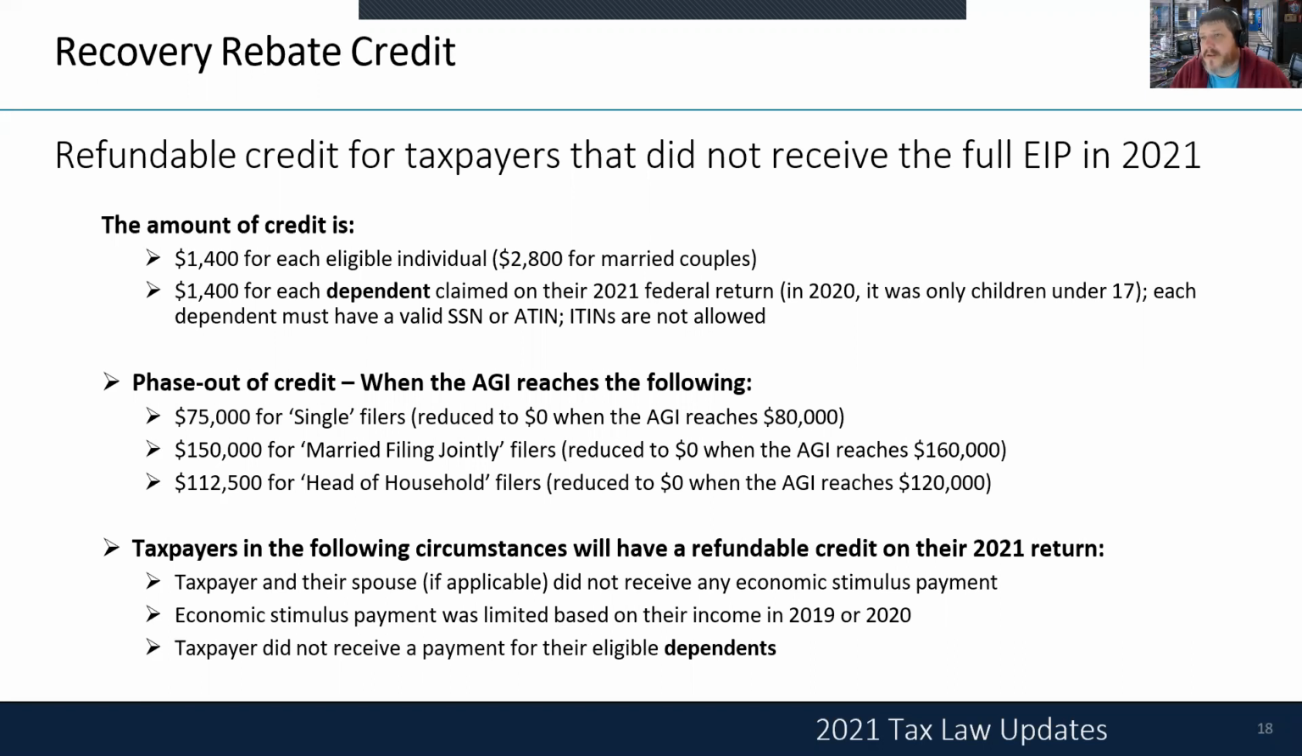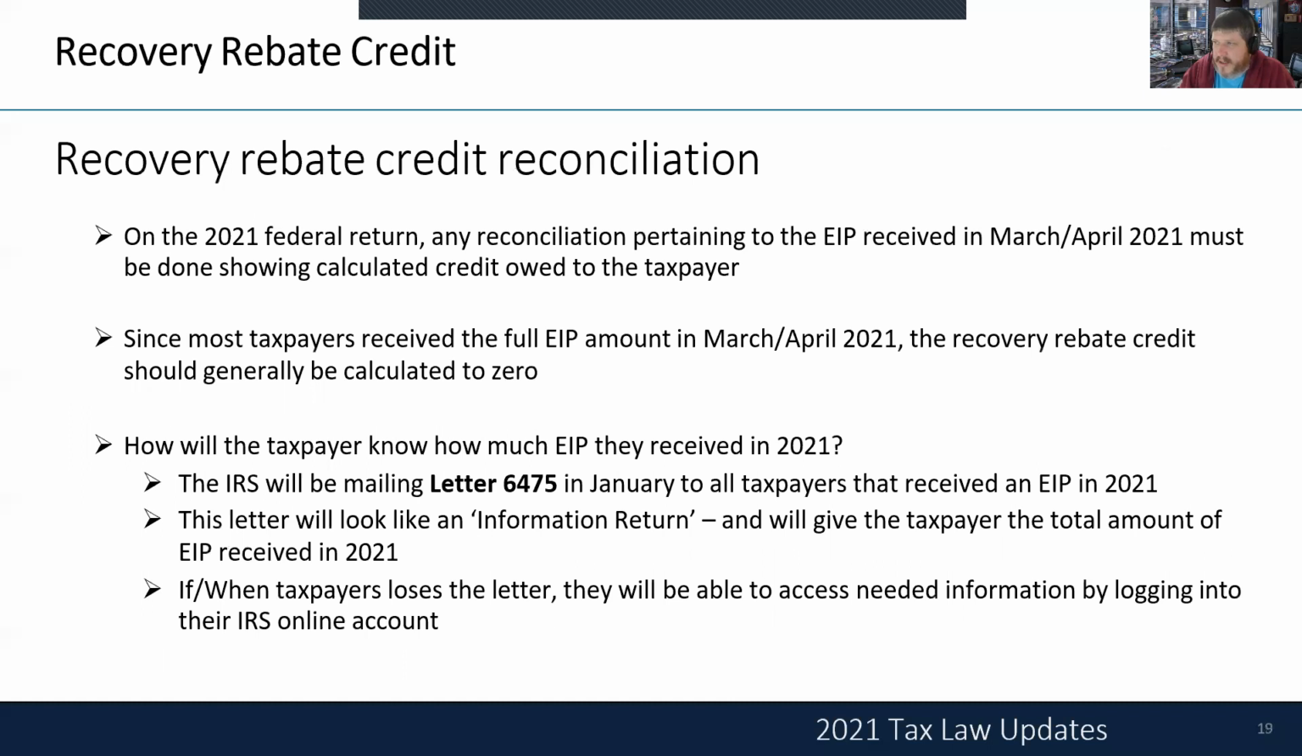We are going to have to reconcile the payment that came out in, what was it, March or April of 2021. It was $1,400 for each person on the tax return, essentially. Taxpayer, spouse, $1,400 apiece, each dependent with an SSN, $1,400. Okay. There's a little extra information in here about that, but I want to get to this piece, which